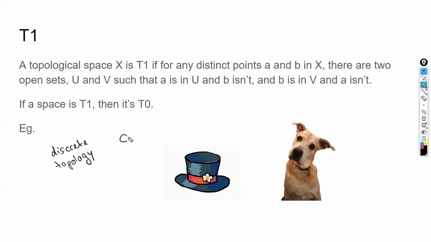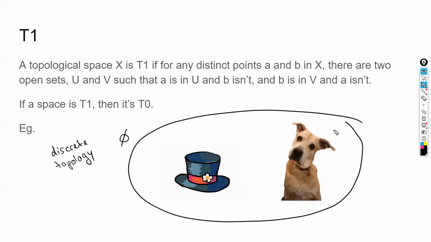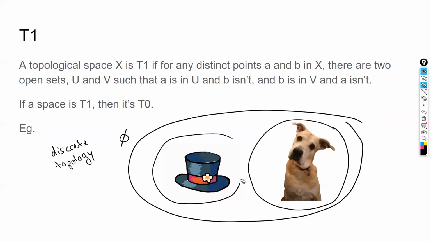So this contains the empty set, the set containing everything, the open set containing dog, and the open set containing hat. And now I see that if A is dog and B is hat, then U is the set containing dog,